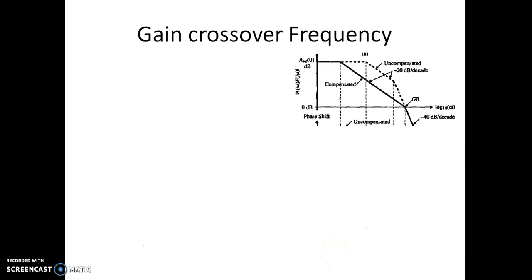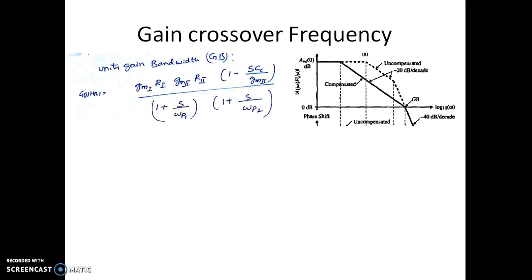In order to find the design for increasing the phase margin, the amount of compensation that has to be provided, let us try to obtain the gain crossover frequency for this particular two-stage op amp with the compensation. Now we know that the transfer function for